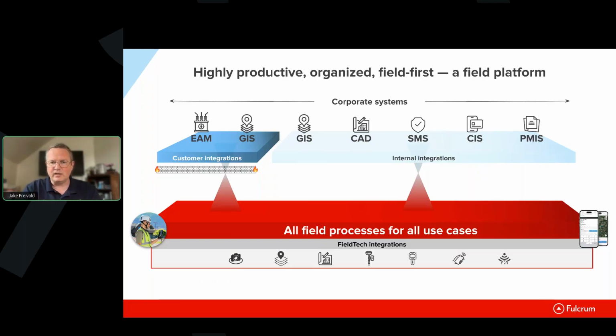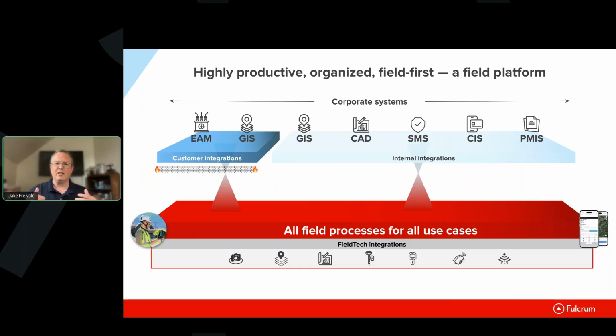In addition, your internal integrations happen much more easily. Every one of those 3 steps will access every one of those systems that you see above, but all of the steps themselves, the processes, are being handled inside the field platform. And because those steps are being handled inside the field platform, you can take the information from those systems and put it into the field platform so that the field worker is prepared for the day. And when they're done with their day, or when they're done with a specific task, they can push all of that information back to those internal systems in a much more simplified way, giving each part of the process what it needs.